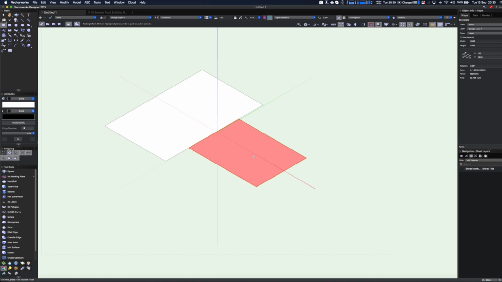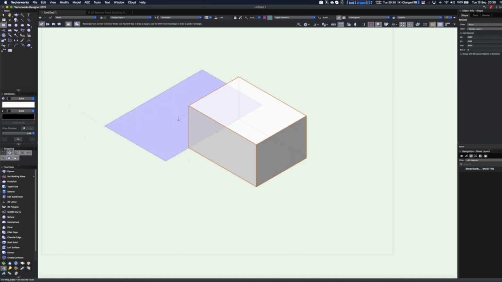Because I did it while the tool was active, you can see I've already got my push-pull mode available. So I can click and push-pull this up, let's say 3 meters there, and that's really nice. Now I would like to actually push and pull this one. Rather than activating the push-pull tool, what I'm now going to do is press Command and